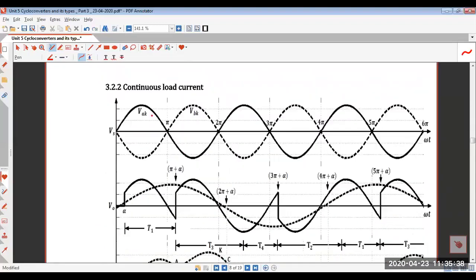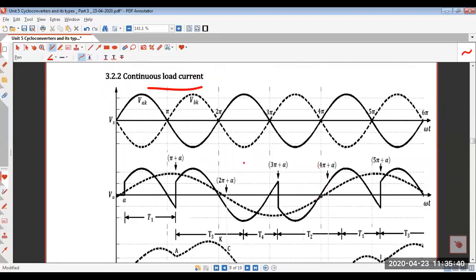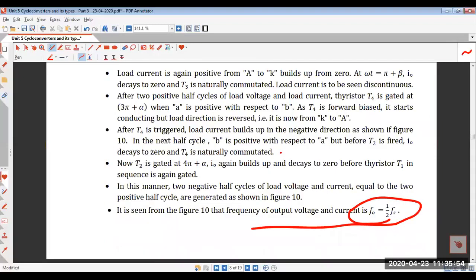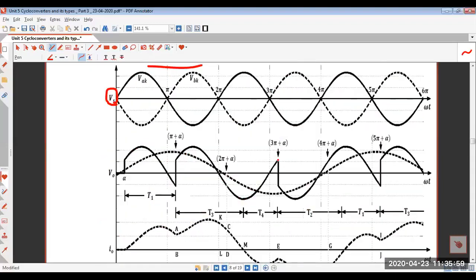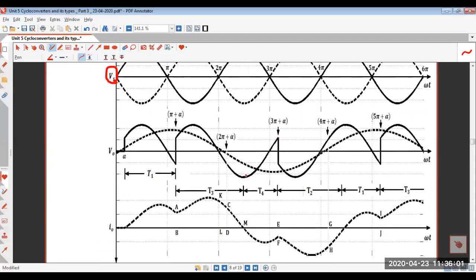Okay, now let us come to the continuous load current. In case of continuous load current, this is the supply voltage. The circuit diagram will remain the same, the midpoint cycloconverter. You can see that the SCR T1 is triggered at omega t equal to alpha here,